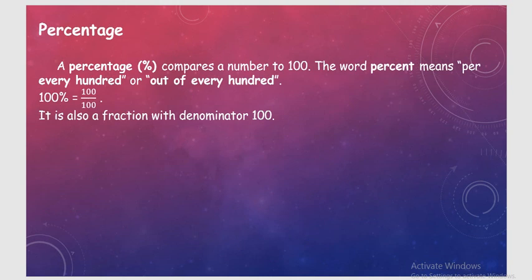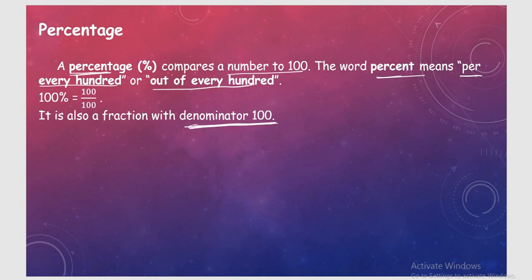And next, moving on to percentage. Percentage means percent. Here you need to understand this word. Percent means we are going to compare a number to 100. These are two words, per cent. Per cent means per every 100. That means if you take any number, then we are going to compare. Here also we are going to take a ratio only, and in the ratio the denominator is always 100, right?